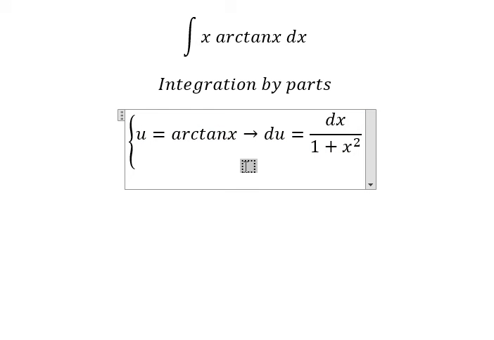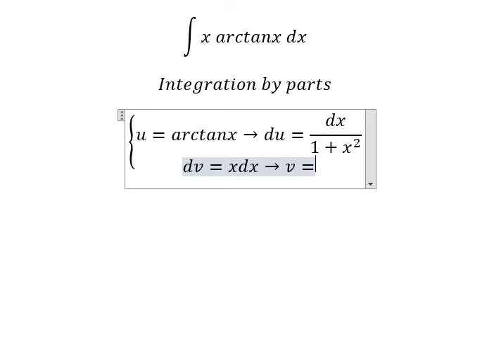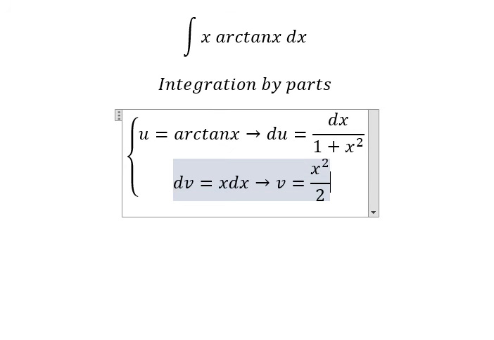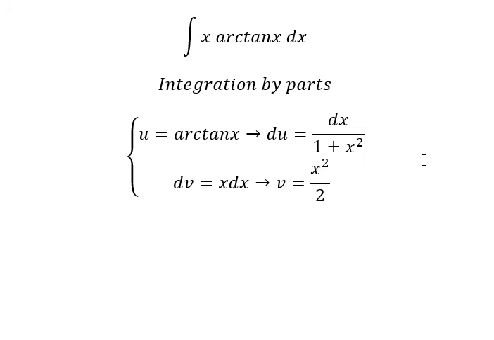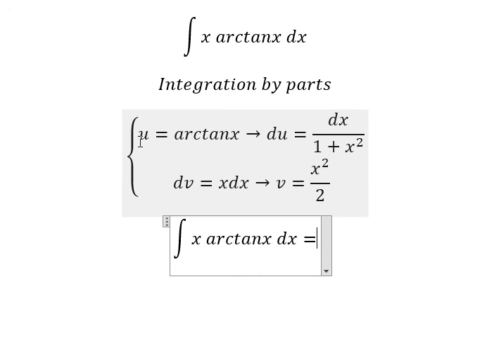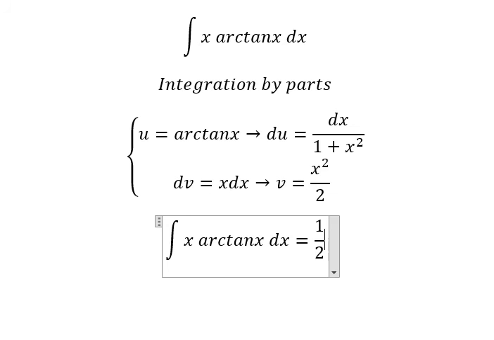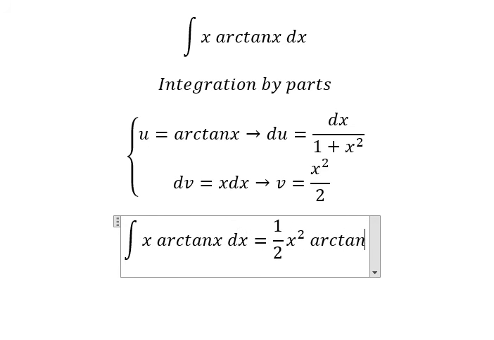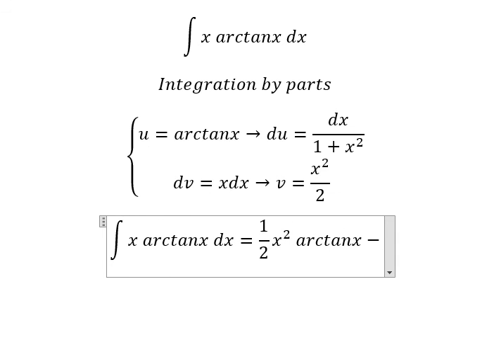Next, we have v' equals s ds. If we do this integration, we have v equals s squared over 2. So we have u multiplied by v, which is 1 over 2 s squared arctan(s), minus the u multiplied by v, so we have 1 over 2 in here,